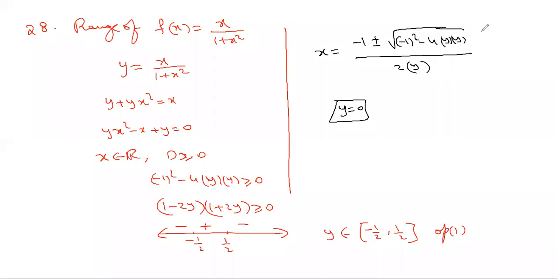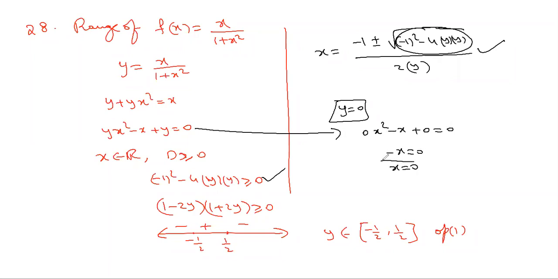If you use the formula method also, when you get this formula, this condition remains the same. Whatever condition you got with this, the same condition. The additional condition that you get is y equal to 0. What happens if y equal to 0 in the original equation? This one. y equal to 0, what happens? 0 x square minus x plus 0 equal to 0. So then minus x equal to 0. So x is equal to 0, a proper real number, no? So with y equal to 0 also, we are not getting any problem for this. So no worries.